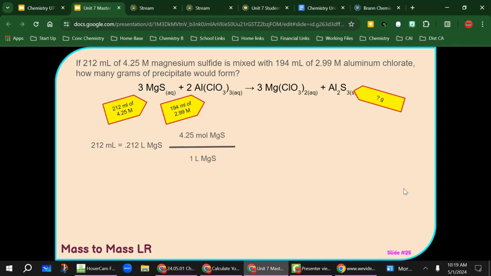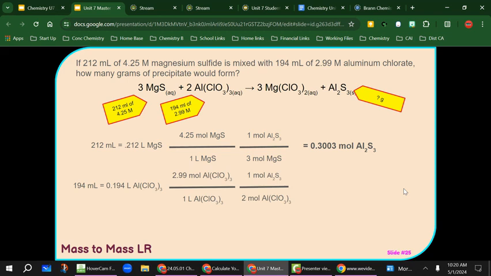Okay? So, liters times molarity times the ratio step gives us the moles of aluminum sulfide. Notice 1 to 3. 1 over there, 3 over here. Do the same thing for our second reactant. Take the milliliters into liters times the molarity times the ratio. Ratio makes a big difference here. This is 1 to 3. This is 1 to 2. Okay, we get